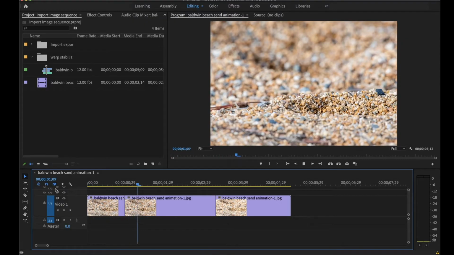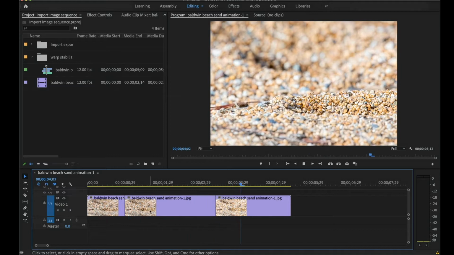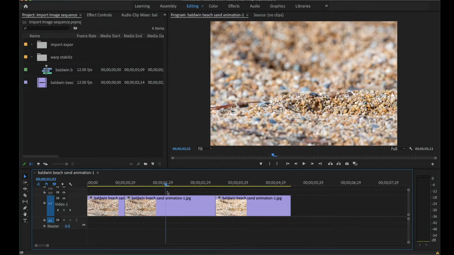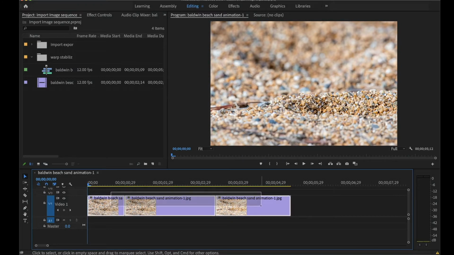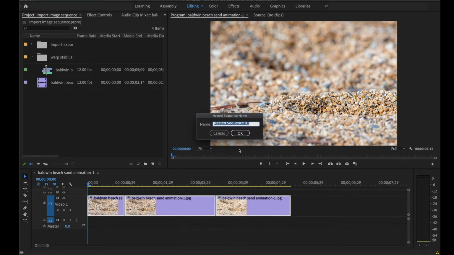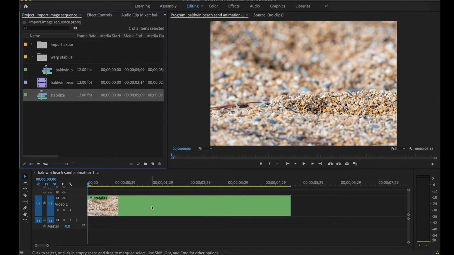Now, if you notice, I have my footage imported into Premiere, and I've already done any little bits of editing that I want to do as far as cutting a couple frames out. The first thing that I'm going to do is nest these edits into one additional sequence. For the warp stabilizer to work, you need to have your footage be the same size as the sequence. So you can't have applied any scaling effects or other sorts of crops or masks to it. That's why I did my edits in one sequence and then I nested it